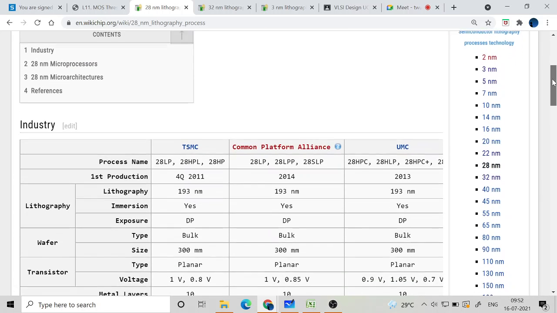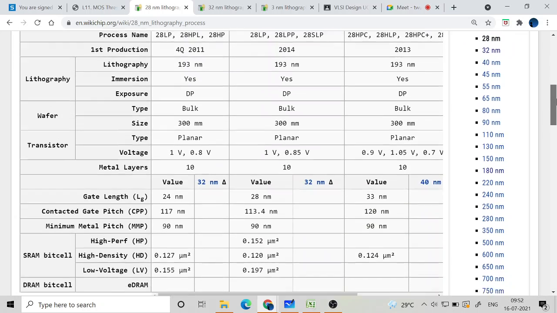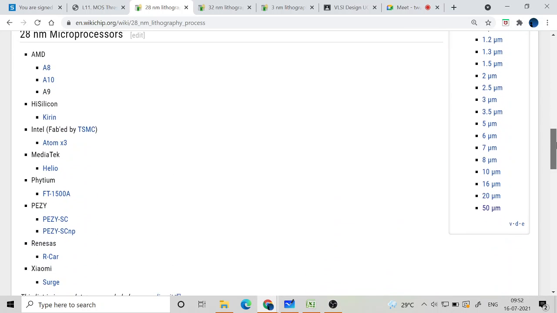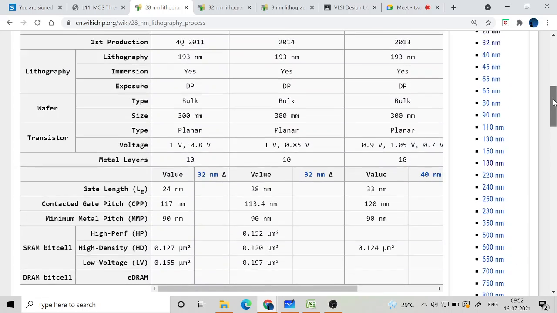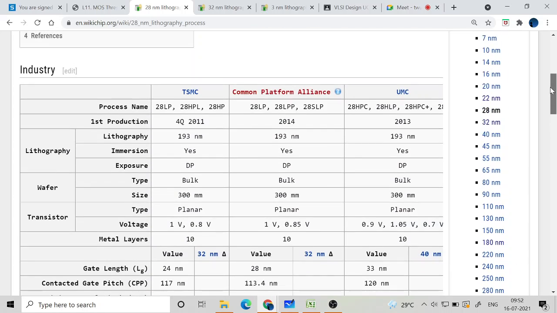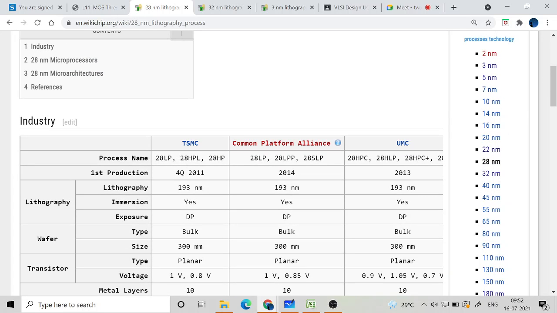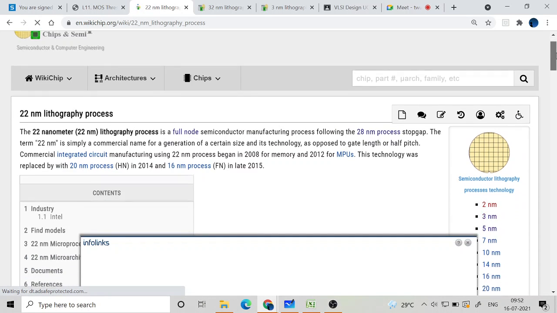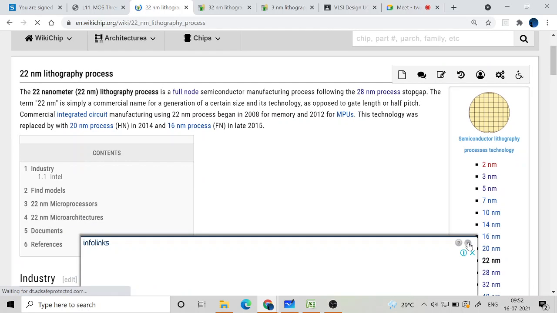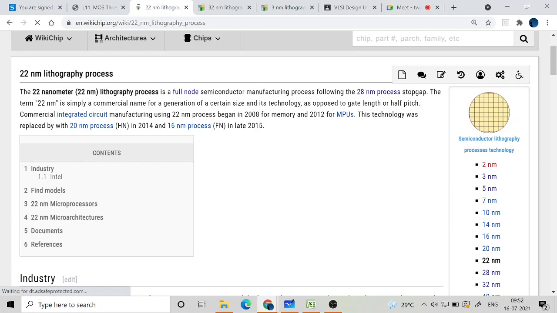Okay, so that's the time where TSMC is becoming more prominent. What Intel was then doing was they were focusing on 22 nanometer instead of going into 28. They directly went into 22 nanometer, and in the 22 nanometer process, again as I told you earlier, lithographic process is